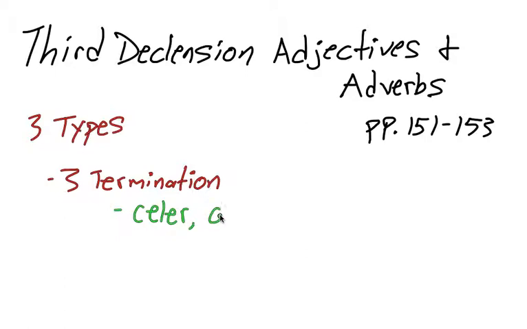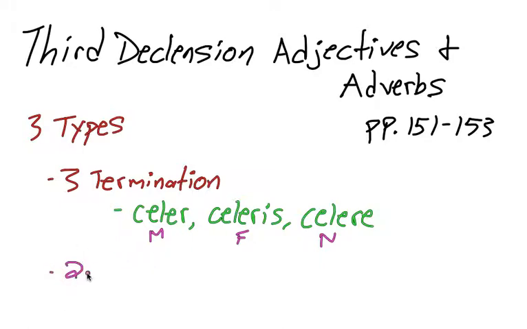Celer, celeris, and celere would be the vocab entry for this. Okay, and so celer is the masculine form, celeris is the feminine form, and celere is the neuter form. Okay, there are also two termination